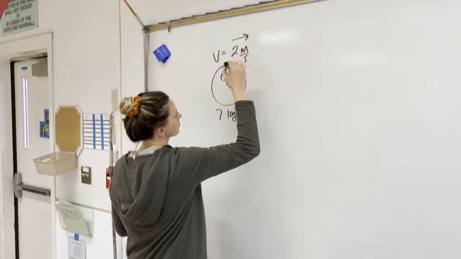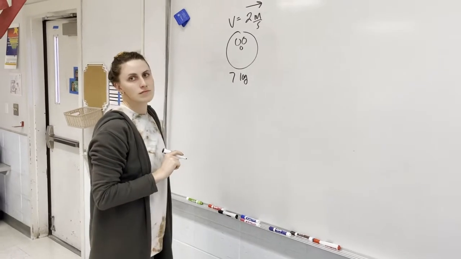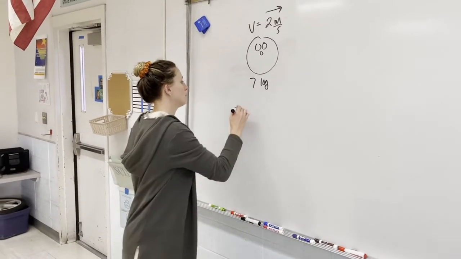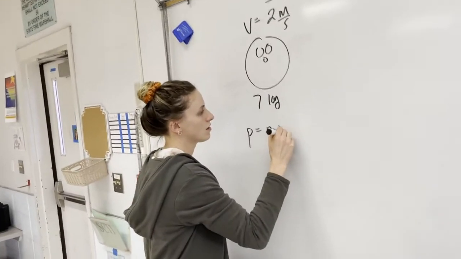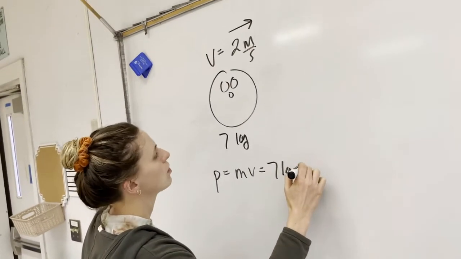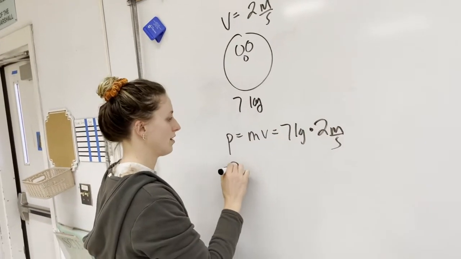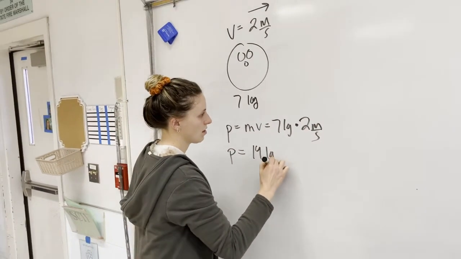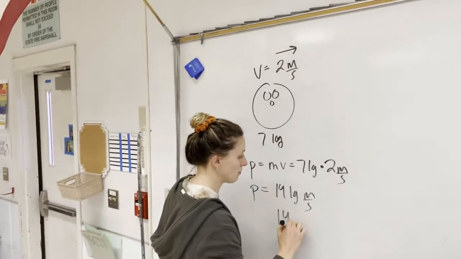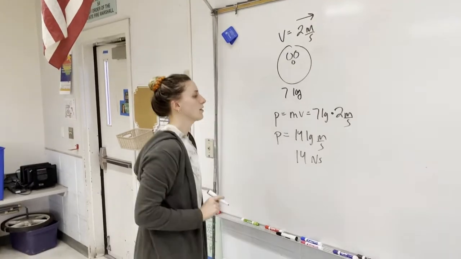How can we find out how much momentum it's got? Well, momentum is mass times velocity. So 7 kilograms times 2 meters per second. I don't think you need a calculator for that one. Kilogram meters per second is the same thing as a Newton second, right? Yeah. That's 14. Okay, and then it says,